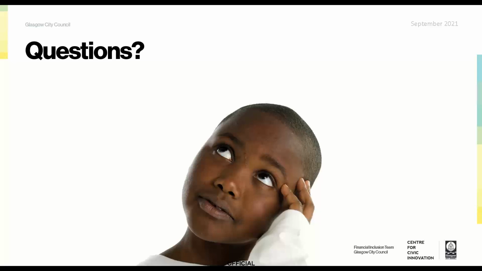Is that something you've been doing in Glasgow? Gena, do you ask for that kind of information from organisations delivering services? Not always, Hannah. I think there's a couple of challenges with that. The first one is sometimes for our third sector colleagues, just sheer capacity. They may not have the resource or the systems to do that, and for them that can be quite a challenge.